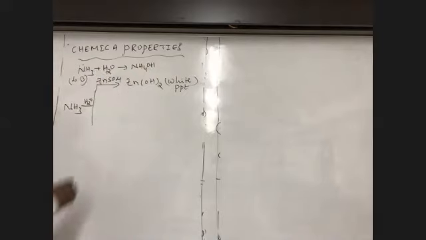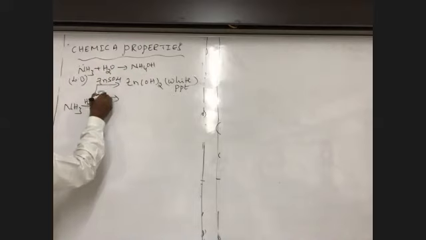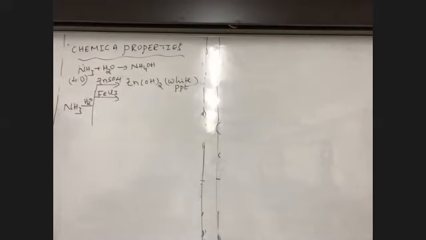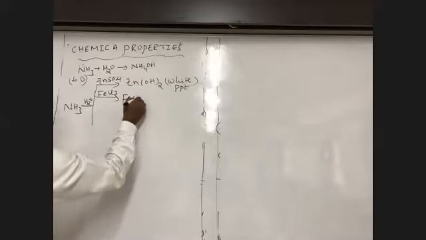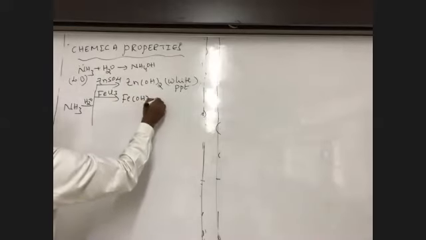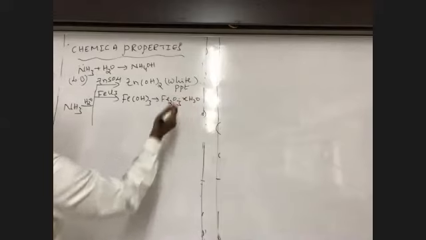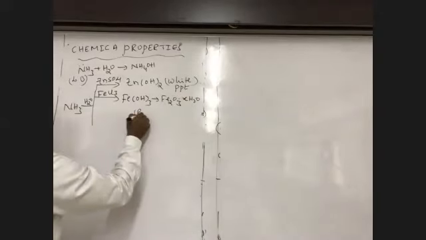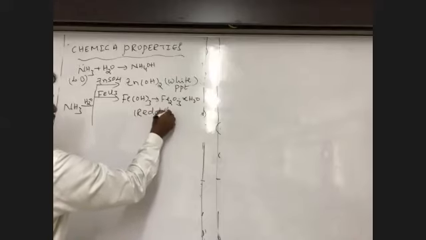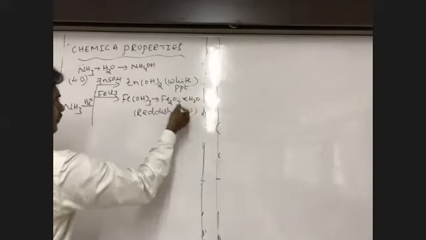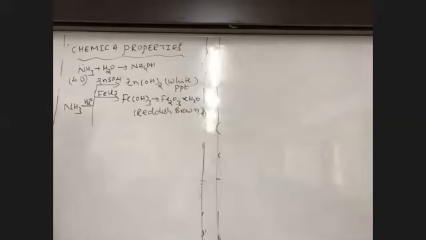Ammonia also reacts with FeCl3, ferric chloride, to form a reddish brown colored precipitate, Fe(OH)3. It changes into Fe2O3.xH2O. It is called rusting of iron. Here this exists as a reddish brown colored precipitate. So this point is also used for identification of Fe3+ salt in a given sample.